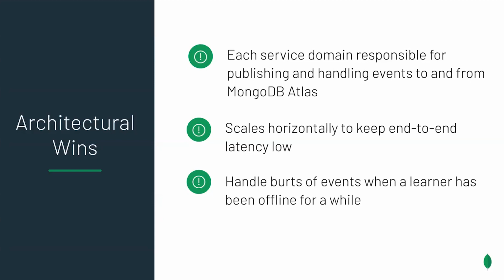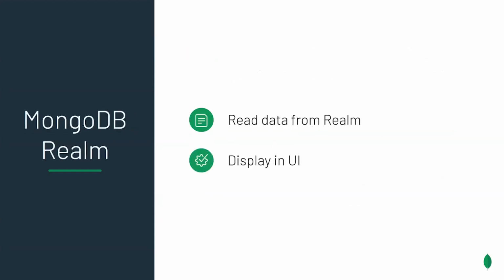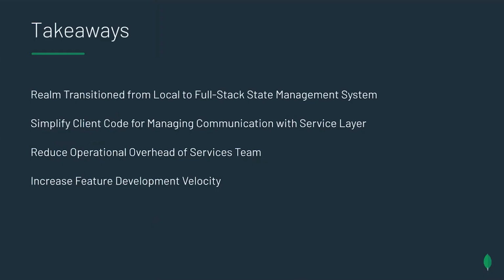So from a service standpoint, there's much less code that we have to manage. We can throw out that entire sync service and just leverage MongoDB Realm to accomplish that for us. On the client, we're no longer concerned with making requests to services, parsing the JSON, updating Realm manually, all that logic Isaac mentioned around filling up a buffer and making sure we're flushing it, all that overhead that we have to do on the client side. We're simply reading from Realm and displaying the UI. Realm Sync is handling the rest for us. It allows us as a team to add value more than building systems to make all this happen.